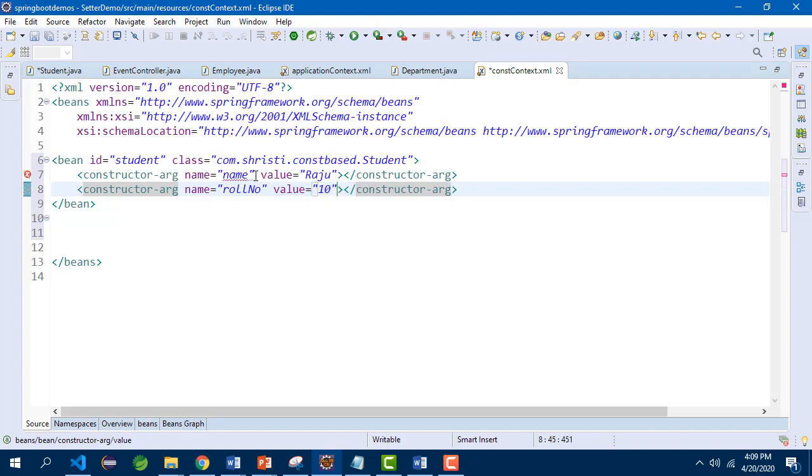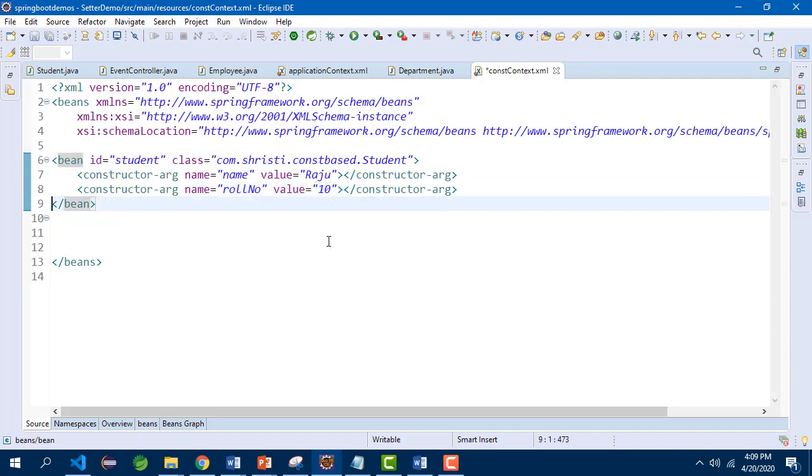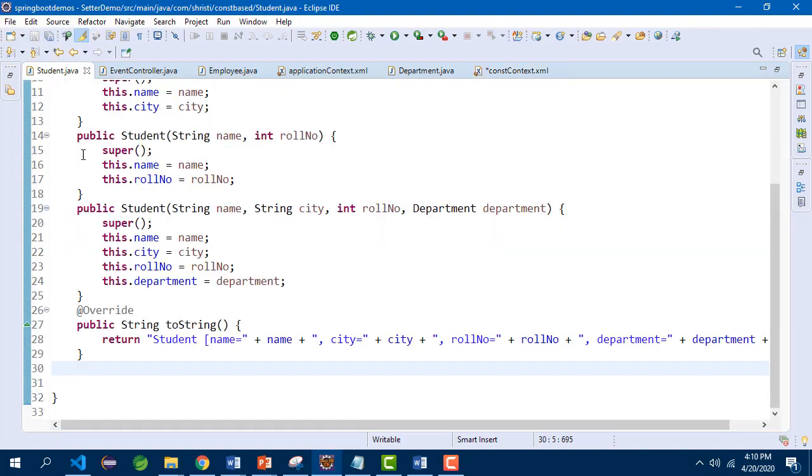Okay, why is it giving me error? I have not saved the student class. That is the reason it is giving me error. Let me save this. Now the error is gone. Now my first bean is created. This bean refers to the first constructor which is having name and roll number as parameter.